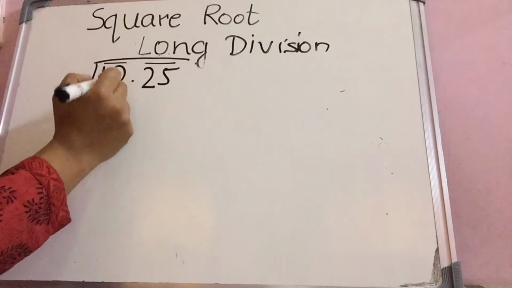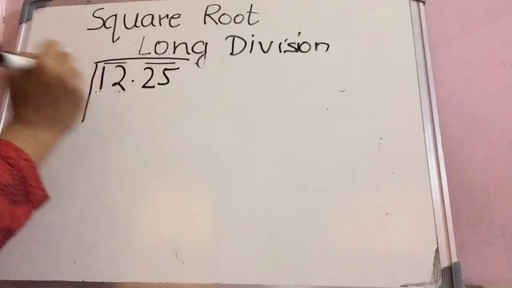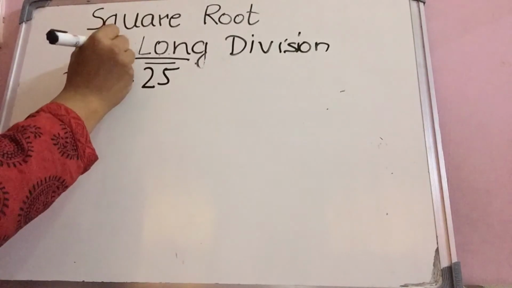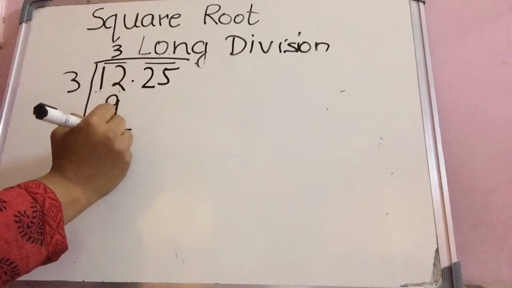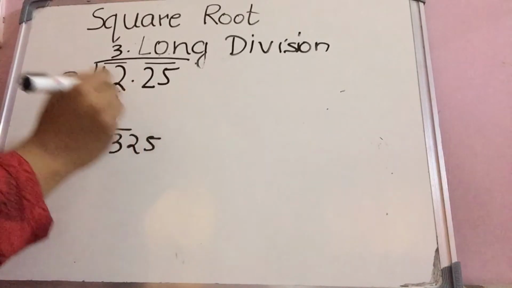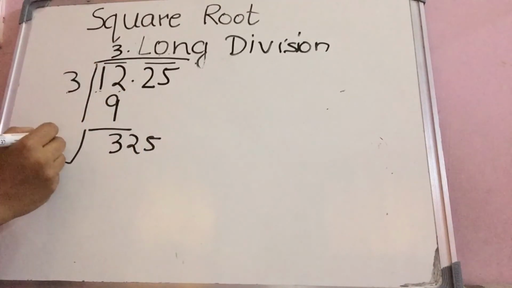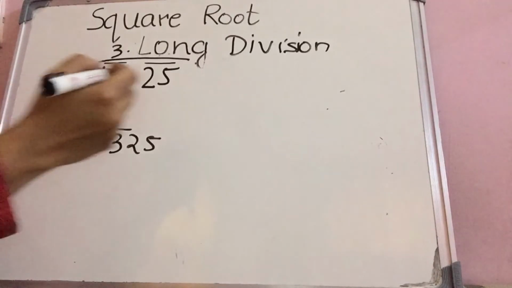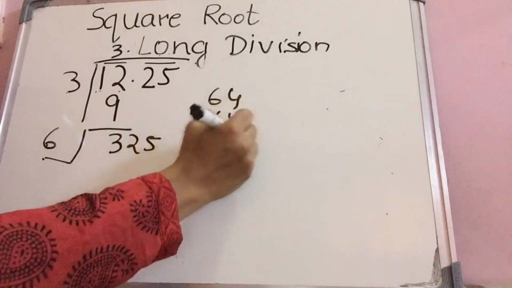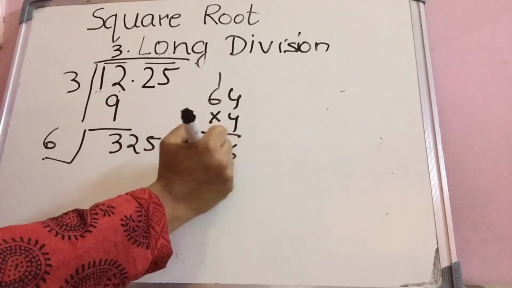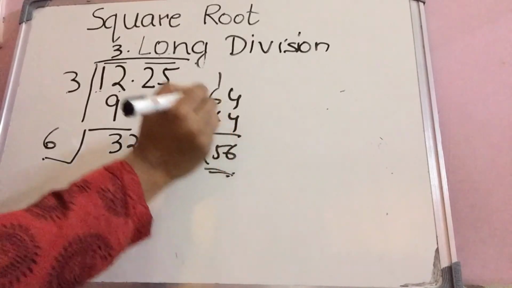Again we'll do the same way. We'll find the number which is close to 12, that is 3. 3 times 3 is 9. Then again we will subtract it, we get 3. We'll put the point here and we'll get down 25. We'll add these two numbers. 3 plus 3 is 6. We'll put it here, and now the number with which we will multiply, we'll put it on the unit place. If we take 4, suppose 64 into 4, 16, 1. 6 4s are 24, 25. So we have to take a higher number.